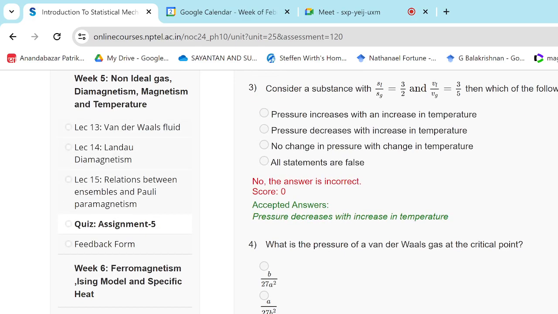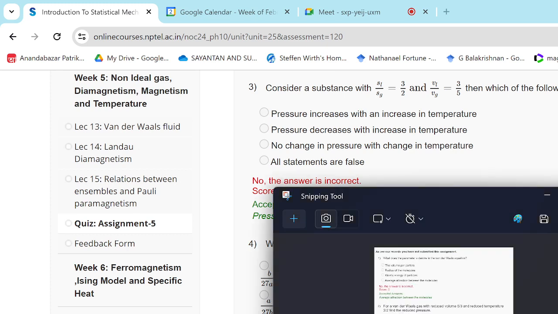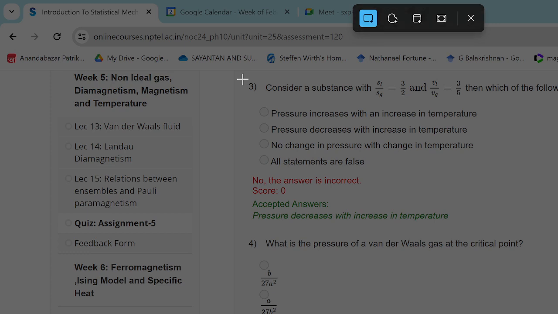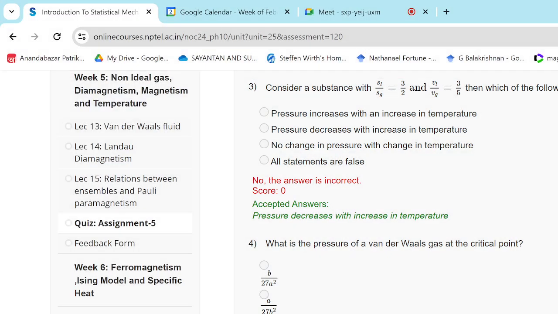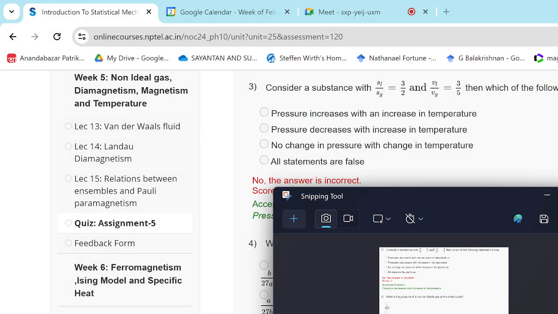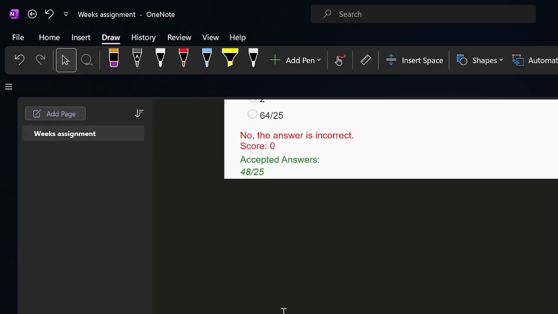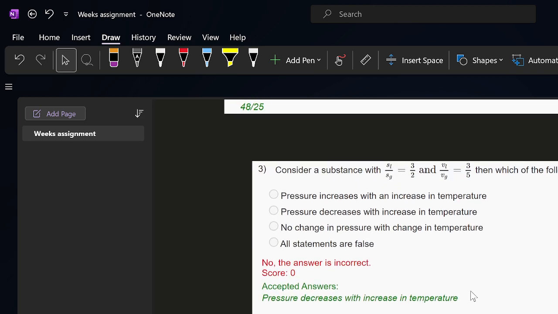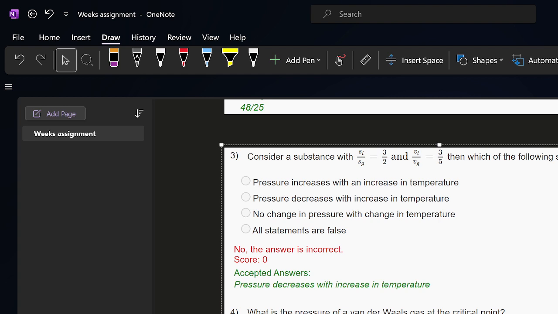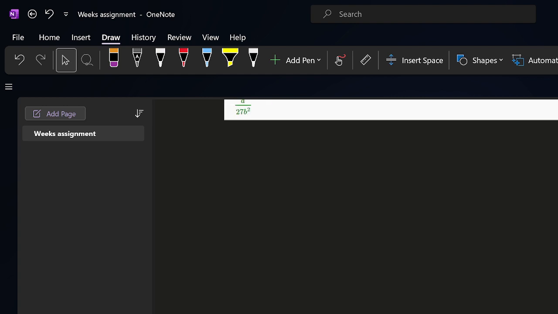solving. There are, I think, 7 questions in this assignment, and as I told you, these assignments are comparatively much simpler than the assignments you were given in the initial weeks. So this should be pretty simple for you, but I'll solve it myself anyway, and you can check whether it matches your solution. If you have any doubt or confusion regarding any solution, you can ask me. Okay,